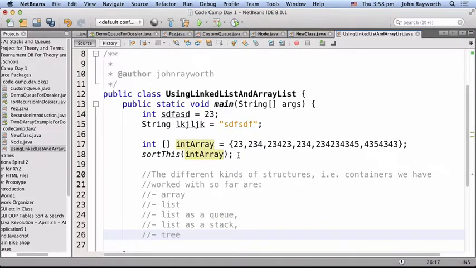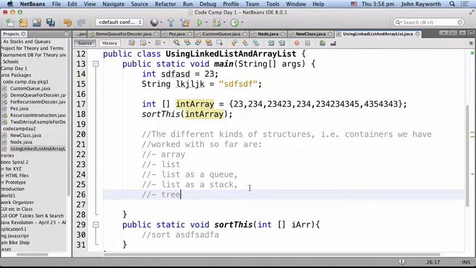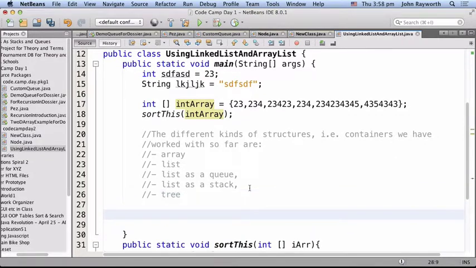So those are all structures. They're all things that contain lots of other things. But there are also collections, Java collections, ready-made to work as lists